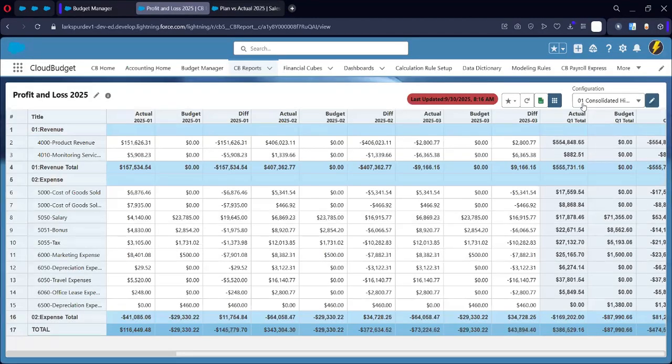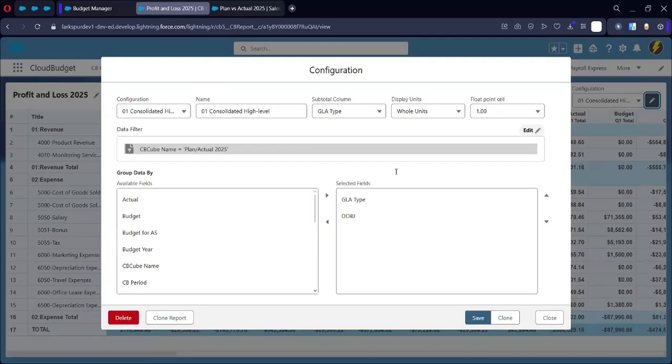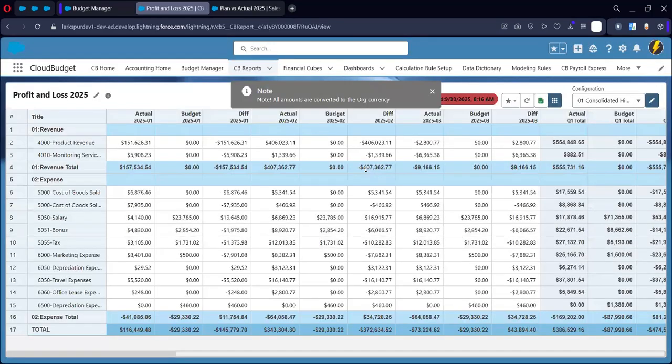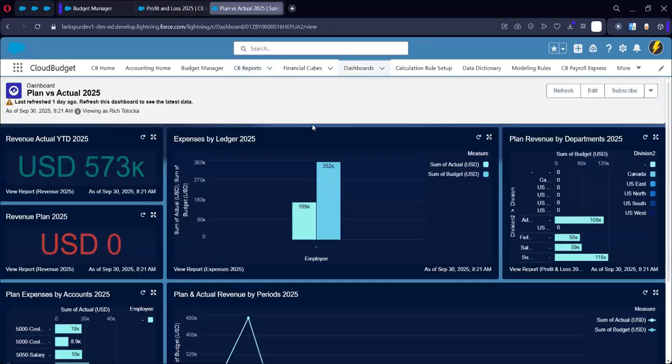Then you can also have as many configurations for your report as needed, and it's very easy to adjust them on the fly. You just select something, deselect another thing. And from here, let's move to dashboards. So this is just a sample dashboard that we have here. So we are capable of integrating with CRM analytics. You can also edit it